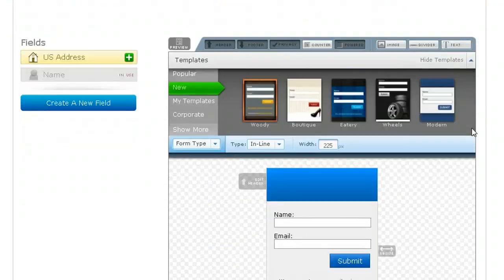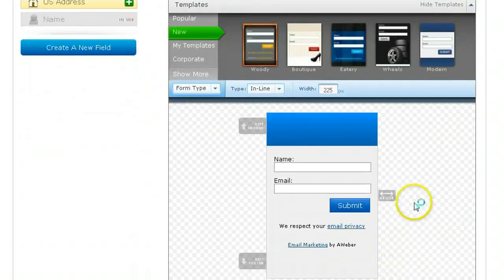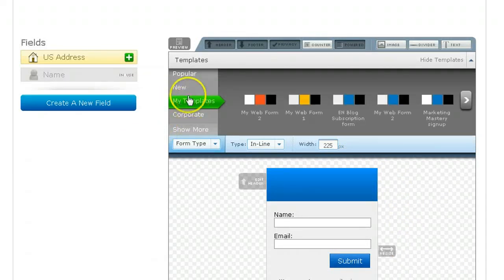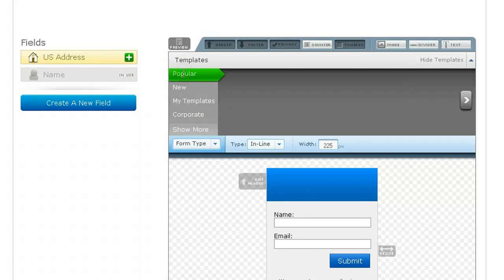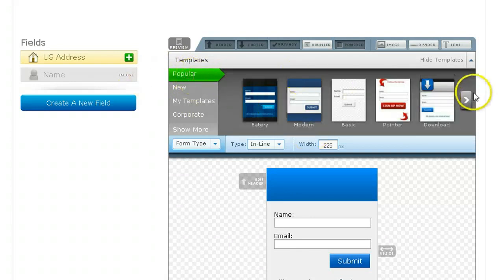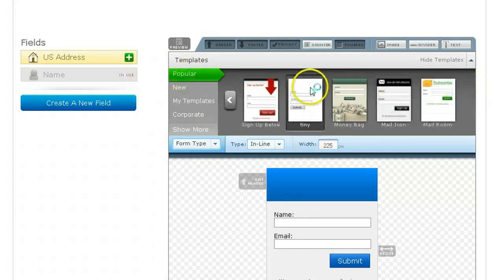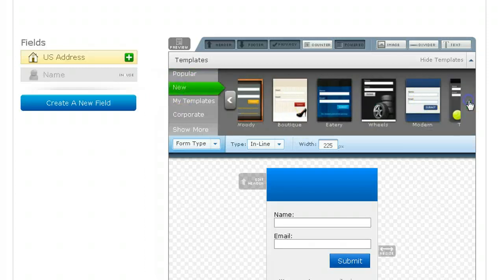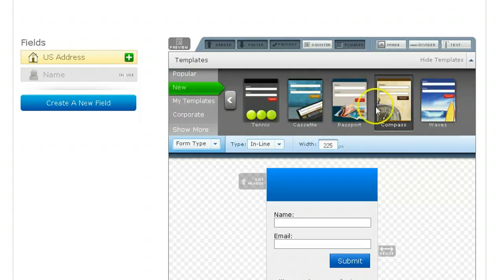And on this page you can see you can pretty much customize it any way that you want. It has a bunch of templates that you can check out. If you go through here, it's popular templates. You can just scroll through and find one that is going to look the way that you want it to look. It's going to go with your website, it's going to go with your theme,